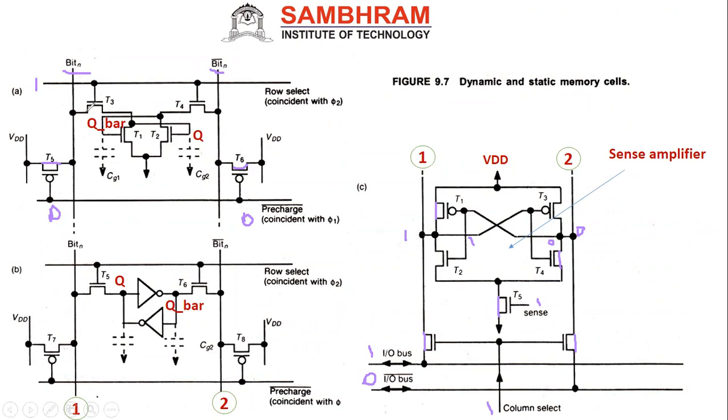So now you can see this will be on, then this will be on. If this is on, then this transistor is on. Already I know the bit line is 1, for example. This 1 will come over there. This is the gate capacitance of C2, and this is 1, right? If this is 1, this will also be on. If it is on, what is the value of this? This is 1, and this also is 1.